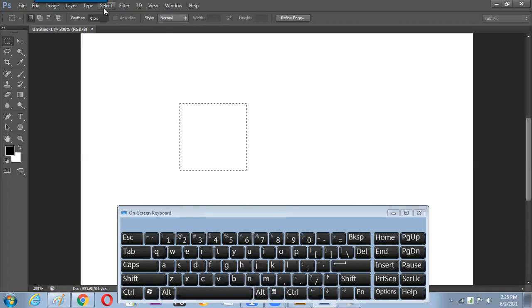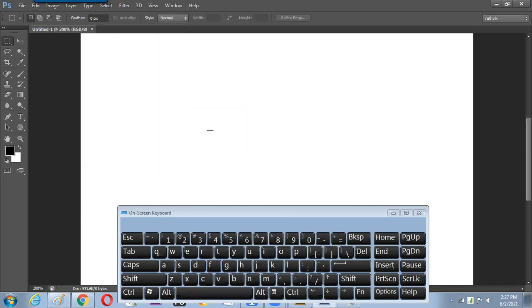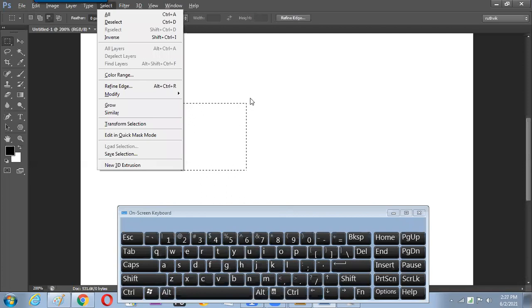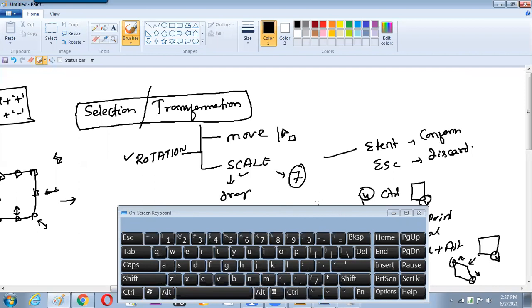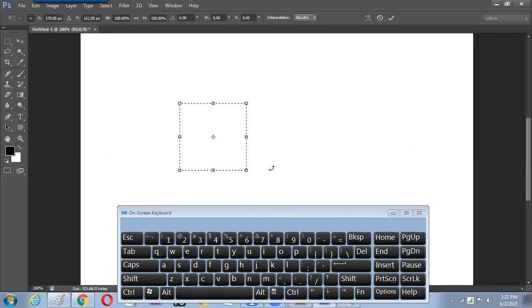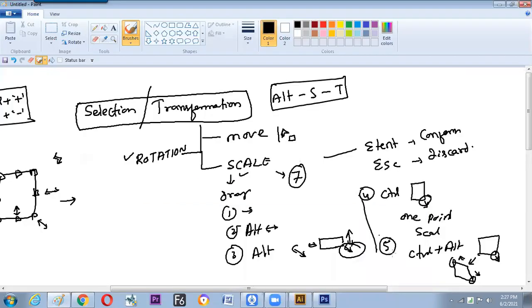Can you see here? Selection is S. Whenever you hit the Alt button, a particular alphabet gets highlighted in all the menu bar. So S is the keyboard shortcut to open the selection. And then here we walk to the transform. Can you see, T is the keyboard shortcut. So now we have understood how to activate the transform by Alt S T. So we'll get the transform box first, then after, yes, we can do the event. So till now we have understood around 5 types of scaling.